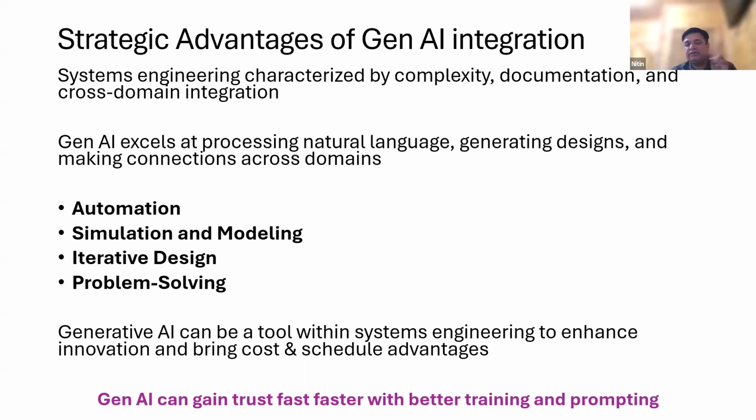But there are two ingredients which can definitely help in building trust. The first is training. There is a saying, garbage in, garbage out. So the better we train our AI system, the better results it can give us when we start using that system. And there is a whole different domain here called prompting. Prompting is also a skill, and there are many courses available on the internet on how to do better prompting.